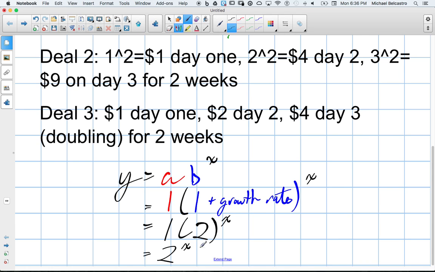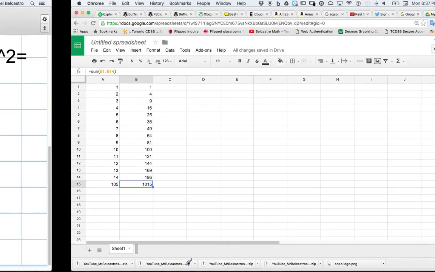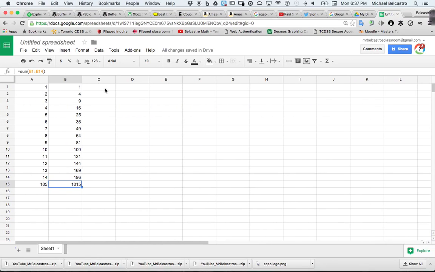So at the end of 2 weeks, we're looking at 14 days. We're looking at 2 to the power of 14. So it's going to be a pretty large value. We're going to do the same stuff we did over here. We're going to use this information. The only difference here is the base is always going to be 2. So we're going to say is equal to the base to the power of,